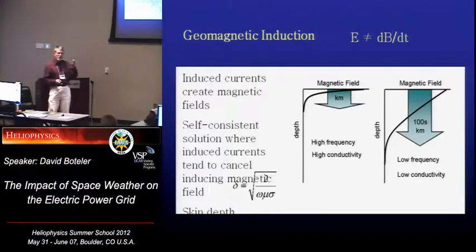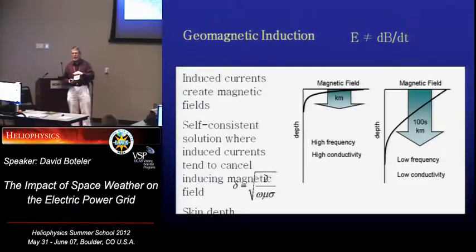What happens, you get the magnetic disturbance. That drives electric currents in the Earth. Those electric currents themselves create a magnetic field, and that adds to the external source field and contributes to the field that you observe at the Earth's surface. Now, the effect of the induced currents is it's acting in a way that it tends to cancel the external field. So as you go deeper into the Earth, then that cancelling effect means that the magnetic field falls off and the currents fall off. So you get a skin depth effect.